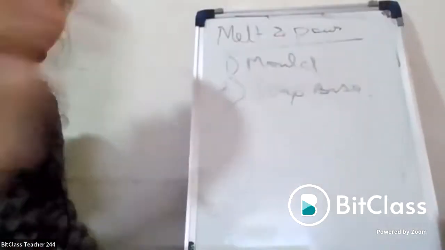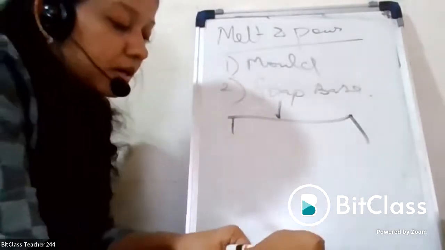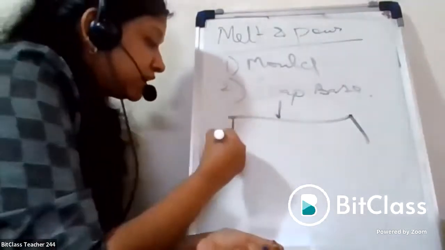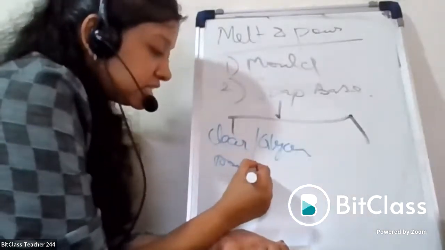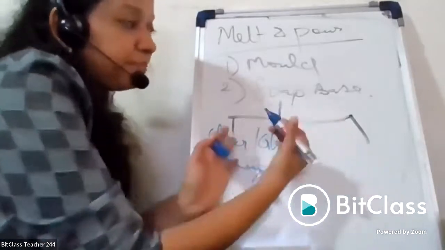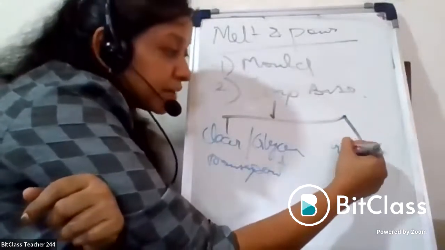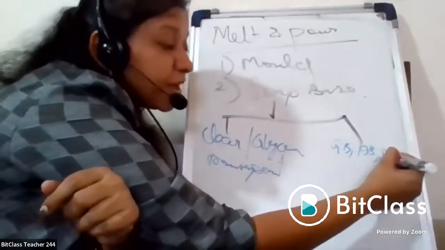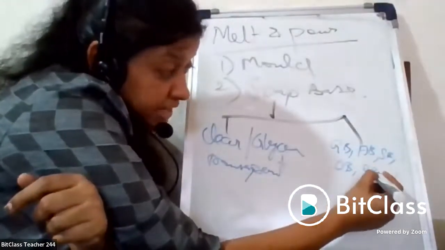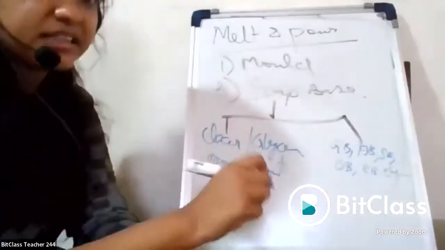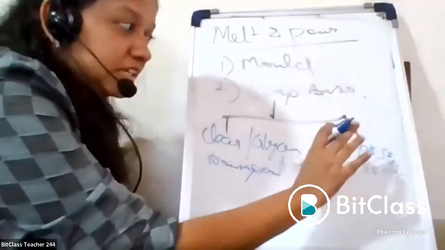So whatever base is available in the market, I will divide it as two. One is clear glycerin or transparent base. This I am dividing in a separate subdivision. Now second one is you can do either goat milk base or aloe vera base, shea butter base, opaque base, and you have other bases like red wine base, etc. N number of varieties are there in the market. So whatever name comes in front of the base, you separate it separately.